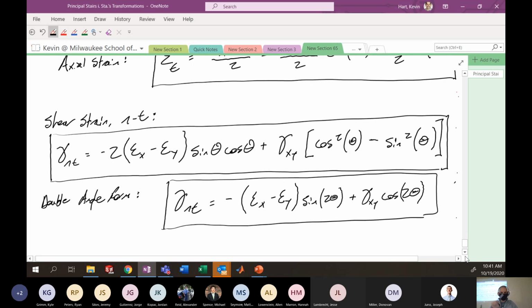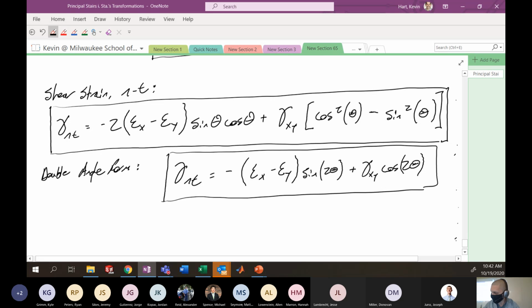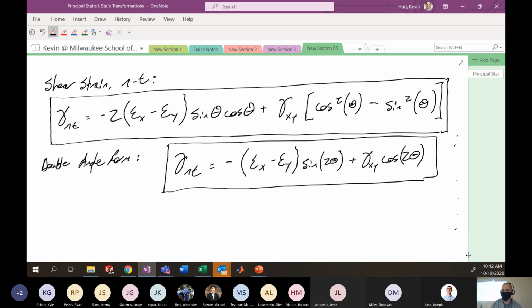Give you a second to copy down an example problem, and maybe we'll dive into the example problem on Wednesday. But you can see how these look a lot like the stress transformation equations, okay? There's that weird factor of 2 difference. So if you're doing strain transformations or stress transformations, you need to be sure you're using the right equations, okay? That pesky factor of 2 from the strain floats around there. Okay, let's look at an example problem.